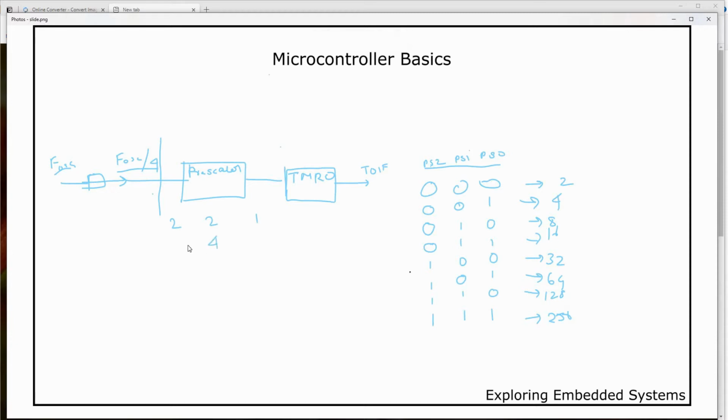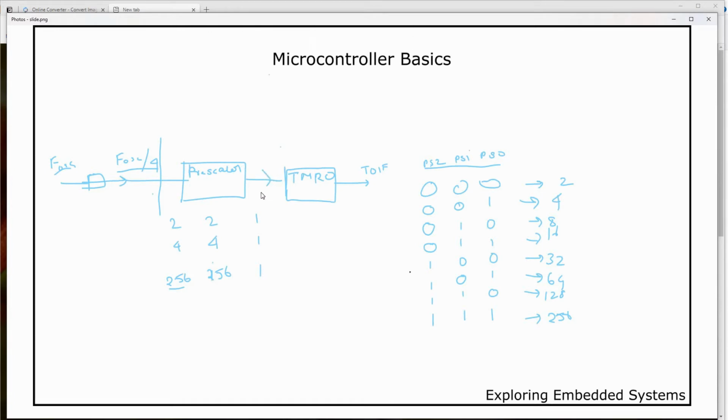If you set it to 4, every 4 pulses here you will get 1 pulse here. Similarly, if you set 256 as the prescaler, then for every 256 pulses you will get 1 pulse here. So you are reducing the frequency of the clock.